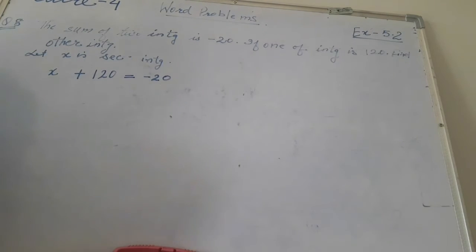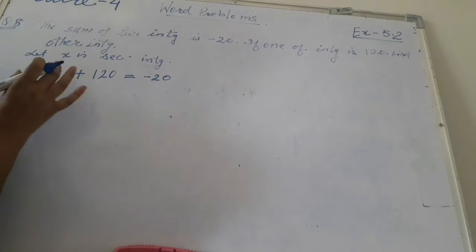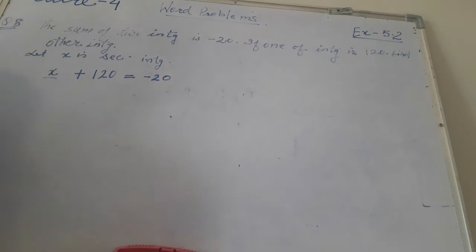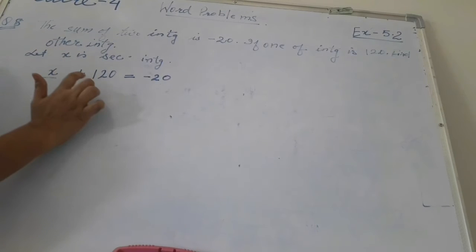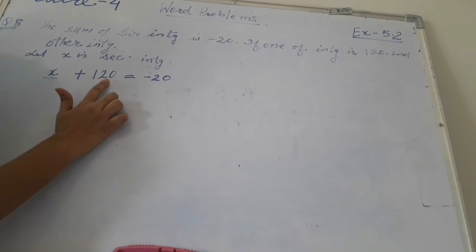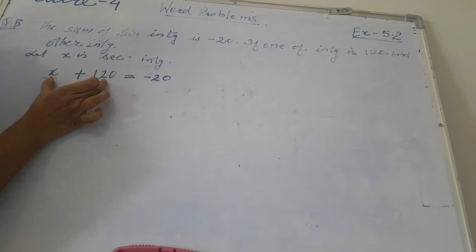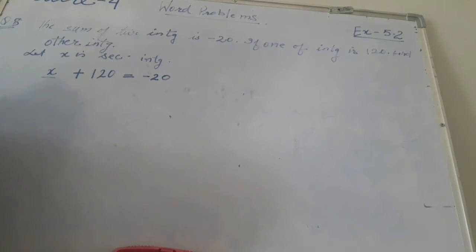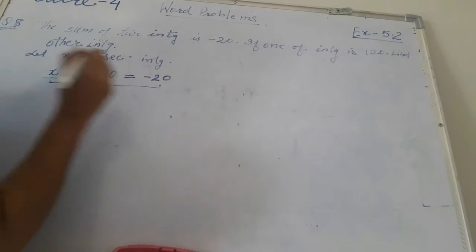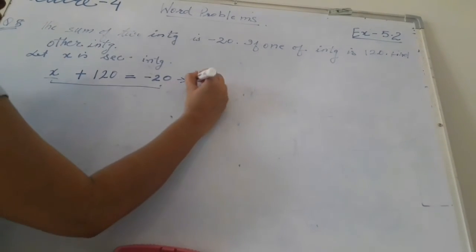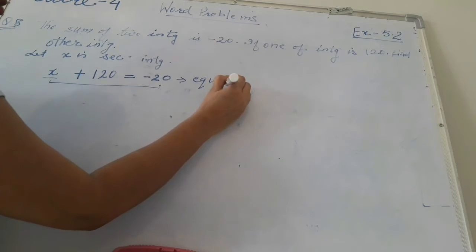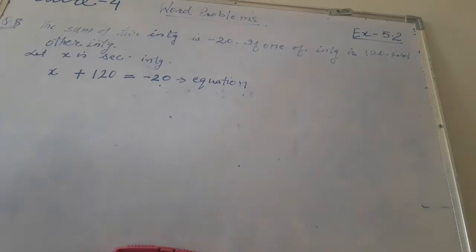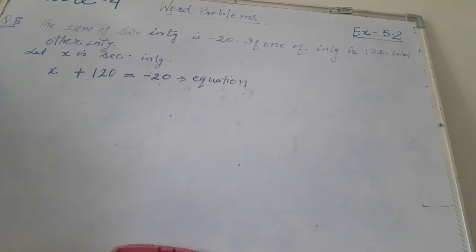Okay. Now my aim is to find the value of x. So what I am going to do, I want to eliminate this 120. Students, this is known as the left hand side. This is our right hand side. And this whole expression is known as an equation. Right students? This we will talk about later, but firstly keep this in mind a little. Now students, got it? This is known as an equation.